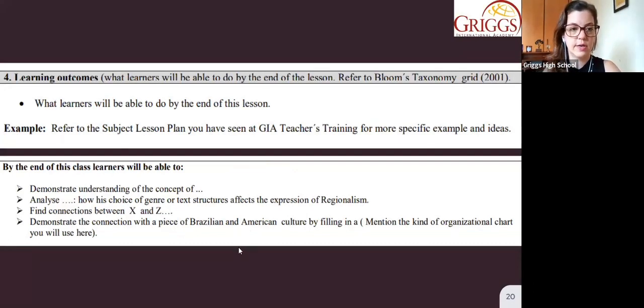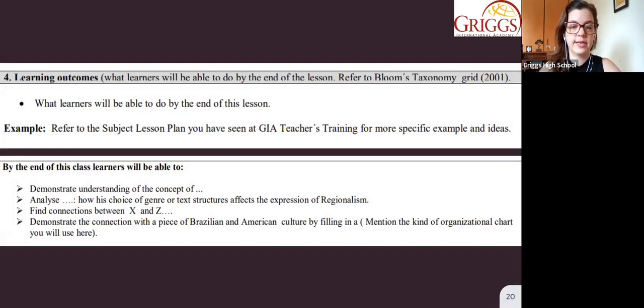Then learning outcomes is the result of the class. What learners will be able to do by the end of this lesson. So be careful not to mistake this for what they're gonna do in the lesson. So let's say, by the end of this lesson,